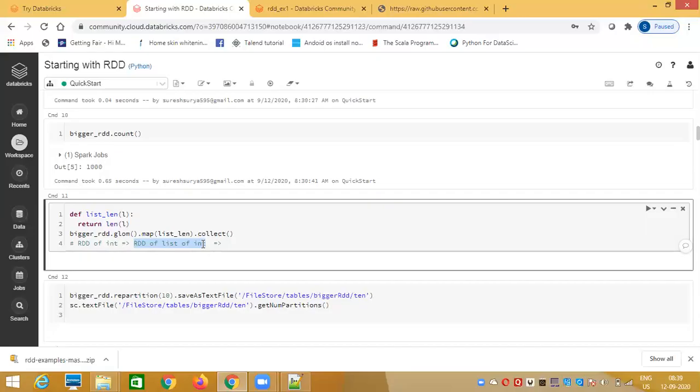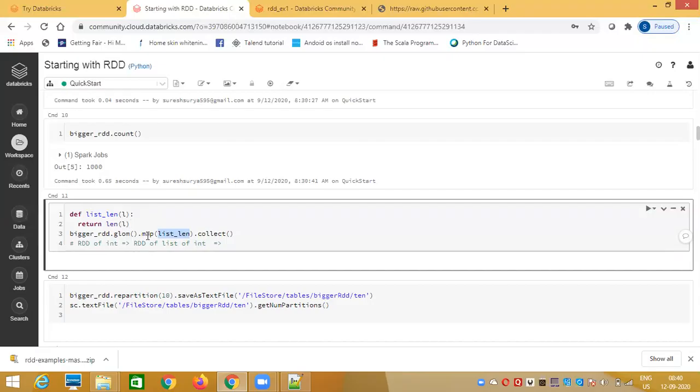So that means it's again a one-to-one transformation. The map function will take this list len function and apply it to each and every list of integers of this RDD. Some transformation you are applying, and it's up to the developer what transformation he or she wants to apply. Here my objective is to take each list and convert it to an integer, which is nothing but the size of that particular list. So I define a function called list len, taking L as a parameter, and it's basically returning the length of L. Length is a function: you can pass a list inside, and it will give you the size of the list.